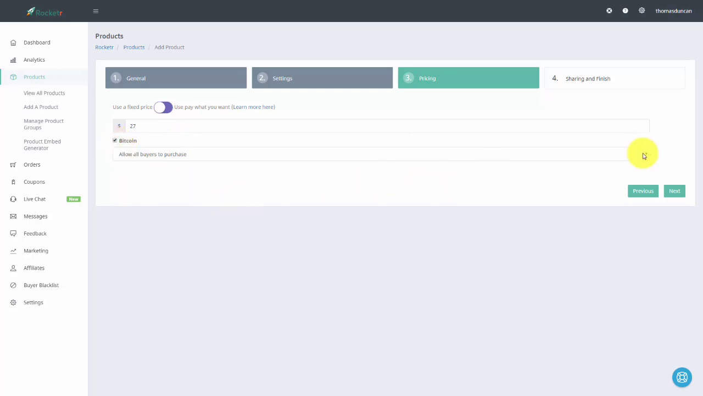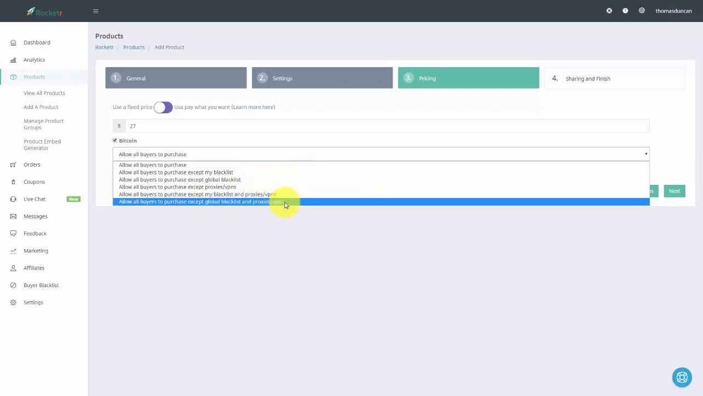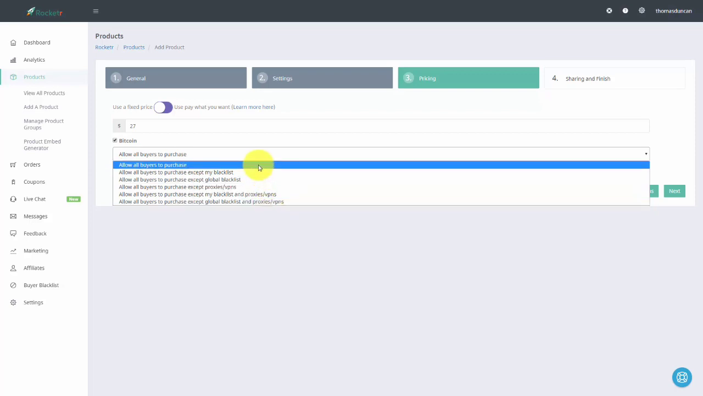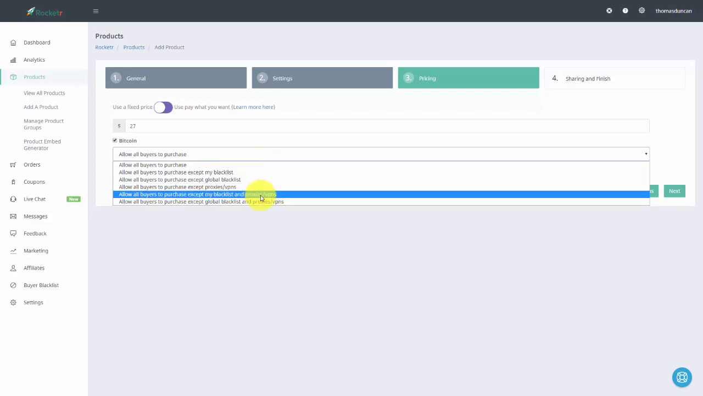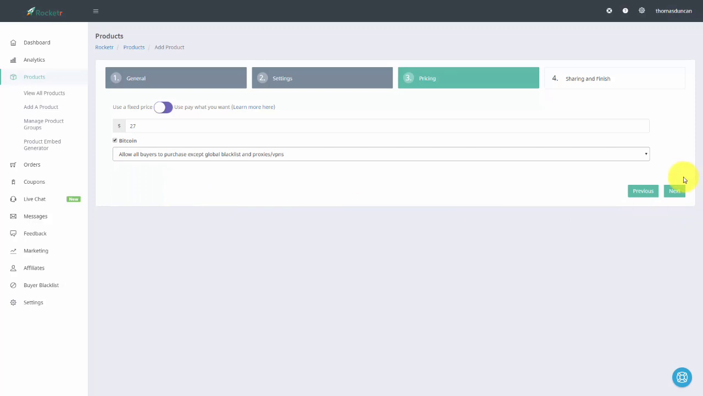And then we can use a couple of features here, and Rocketer will allow everyone to purchase with the exception of certain limitations. So we can limit people by our global blacklist, and anyone buying from a proxy, which typically indicates some kind of lack of trust, or we can allow all buyers to purchase. The most conservative way would be to not accept purchases from people on a global blacklist and proxies. So in this particular case, we're going to use the most conservative method,